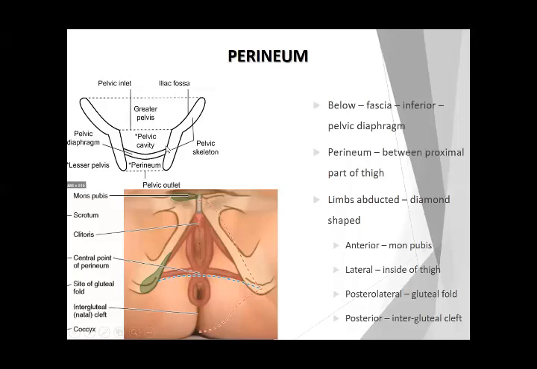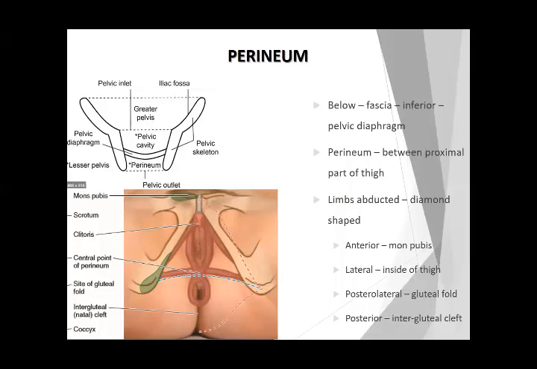We've already discussed that in detail. The area below the pelvic diaphragm is the perineum, below the inferior fascia of the urogenital diaphragm. So, in a living person, what you see is that the perineum will be the area